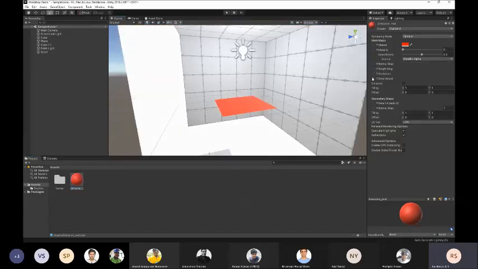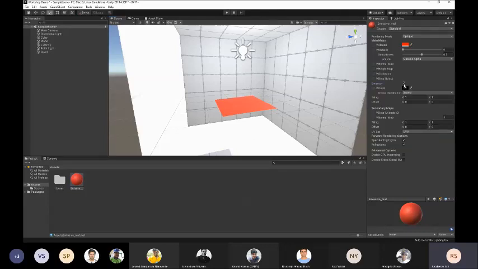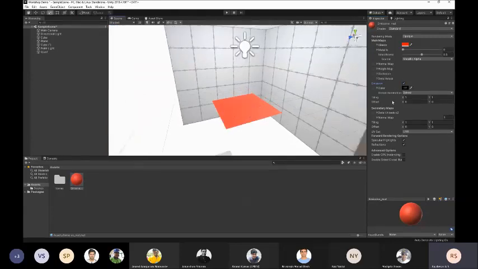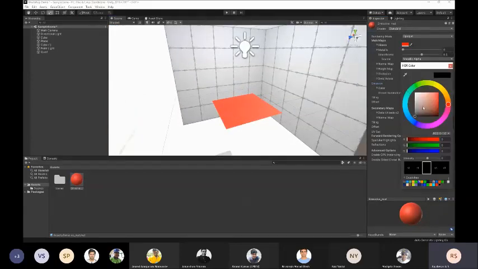Okay. And you can see this emission option here. If you click that emission option, Unity will generate light for that object. For color, I'll give it reddish. You can choose the intensity of the emission over here.